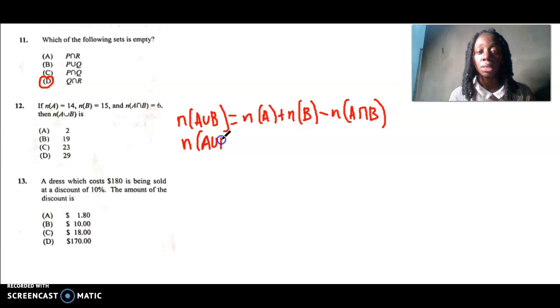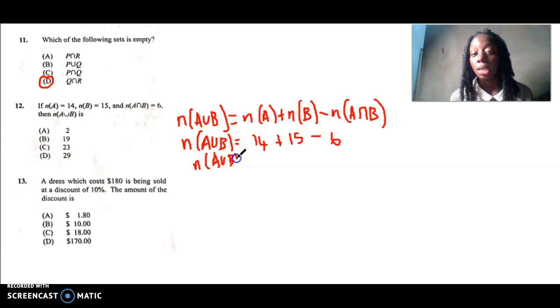Alright, so from the question we were told that the number of elements of A is 14, so I can substitute 14 for the number of elements in A. The number of elements in B is 15, and the number of elements that are common is equal to 6. So therefore I can say that the number of elements in A union B